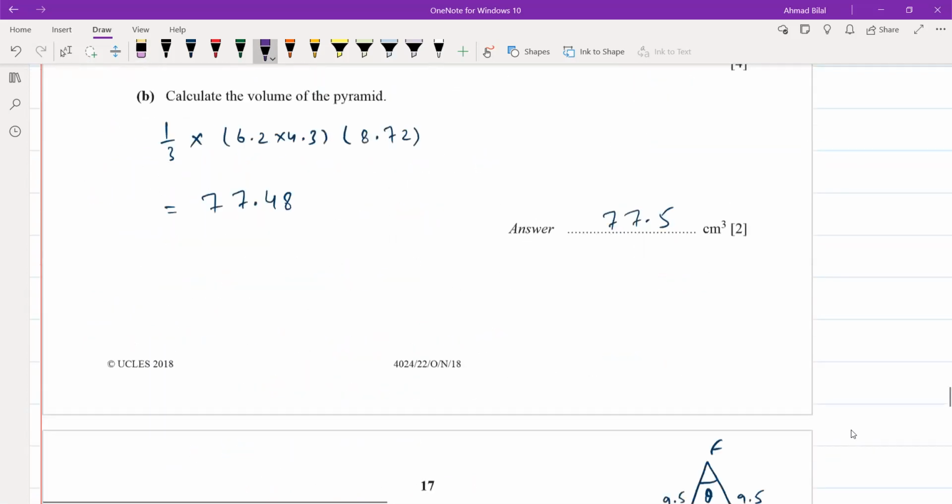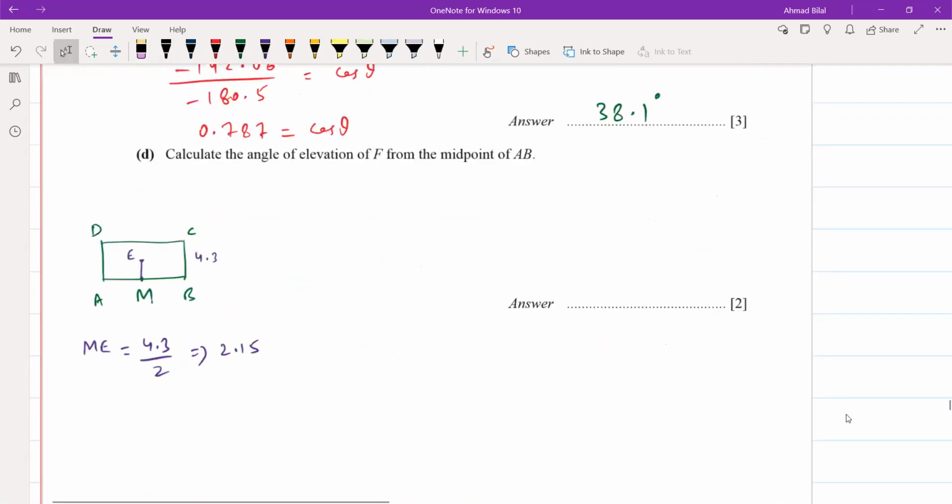We can draw that triangle here. It's going to look like this. F in 2 dimensions. It's going to look like this. F is right on top of E. This is F. This is E. यहाँ पे आपका 90 बनेगा हमेशा, राइट? जो फुट ऑफ द परपेंडिकुलर होता है, जो आपके पास ग्राउंड पे पॉइंट होता है जिसके ऊपर कोई चीज होती है, वहां पे हमेशा 90 बनता है इस तरह से, ठीक है? आपने इसको M के साथ डाल दिया। अब EM की लेंथ आपने निकाल ली, that is 2.15। EF भी आपको पता है,